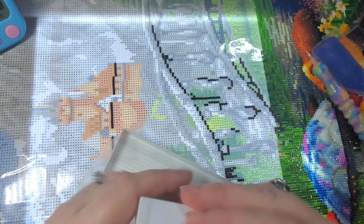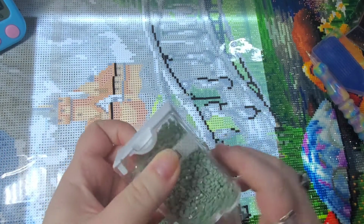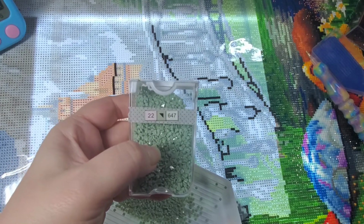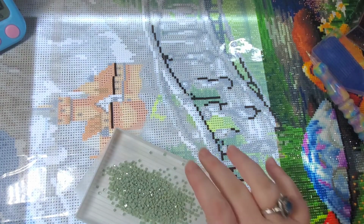Work on this one? Sure. I don't know how you guys feel, but this symbol, the corners, they drive me crazy. Because in this kit alone, I have 3 of these. I've got one that's this corner, one that faces this way, and then one that's on the bottom. Anyway, so